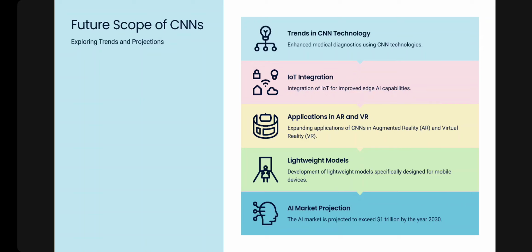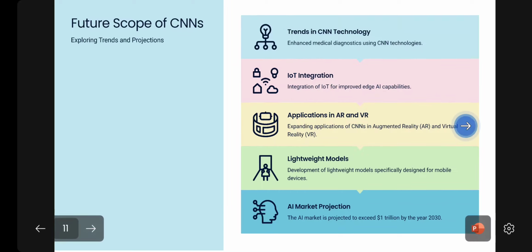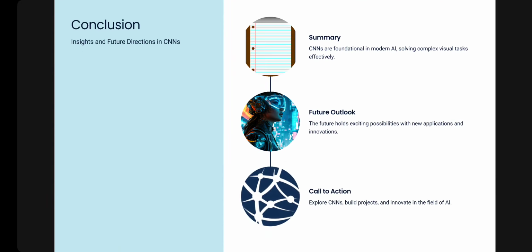Then applications in VR and AR are very important. Virtual reality or augmented reality, CNN can help these applications. Then lightweight models, developed specifically for mobile devices, right? Like you can use it in games and different applications on your mobile, or you can do projection of data. Basically, this is the summary of